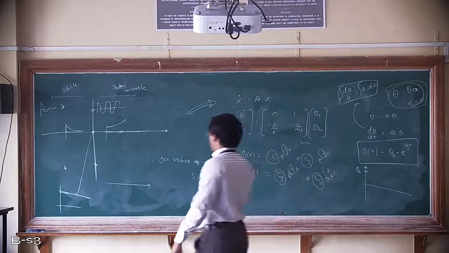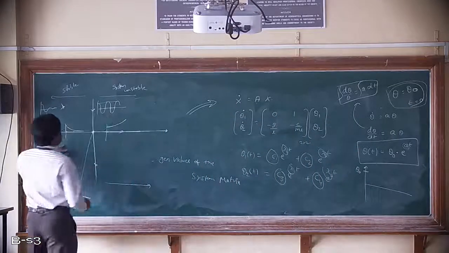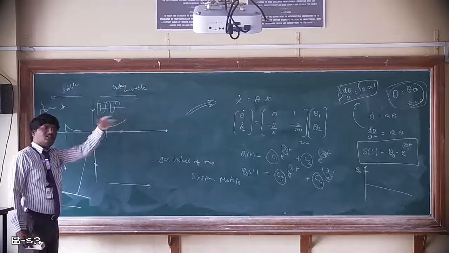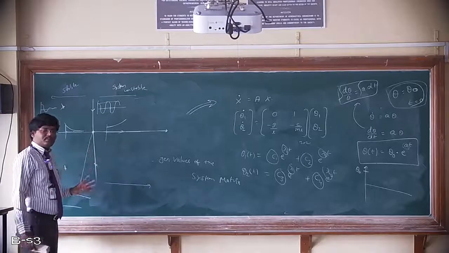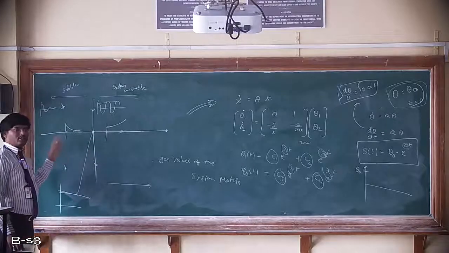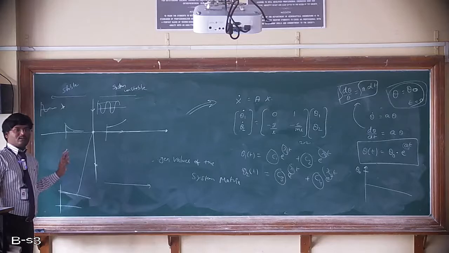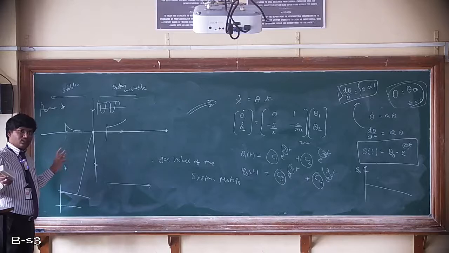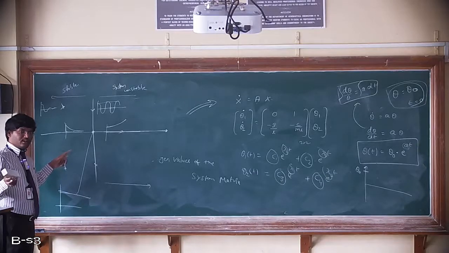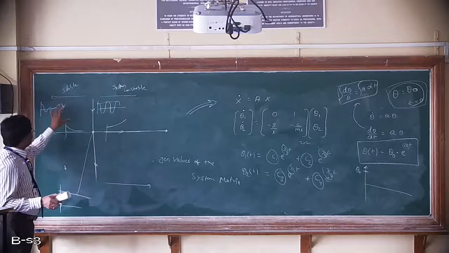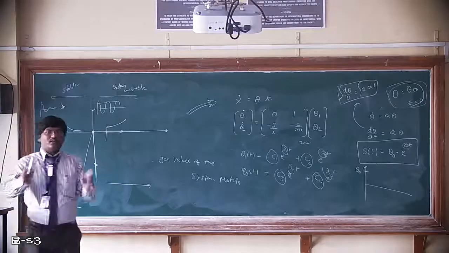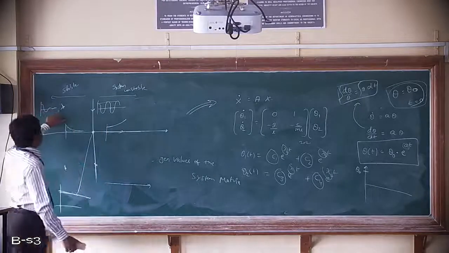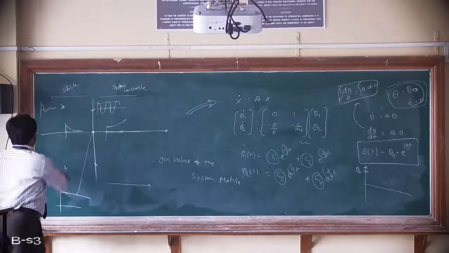Just see here. Okay. Can I erase this part? Right of plane, if you are getting positive real numbers or positive complex numbers, you can take it as unstable. If you are getting negative real or negative imaginary, the system is stable. If you are getting complex numbers, the real part of that complex number should be negative. At that time you will get a stable system. Is it clear? Yes, good.